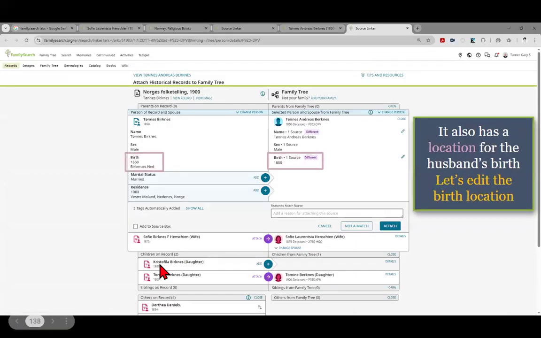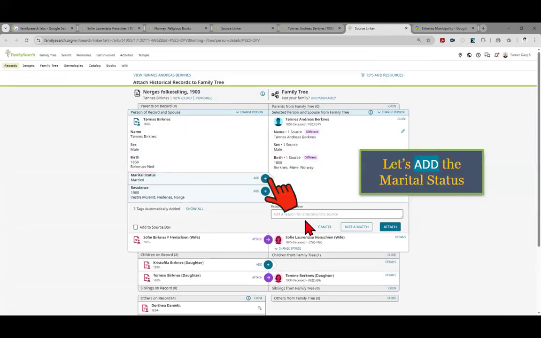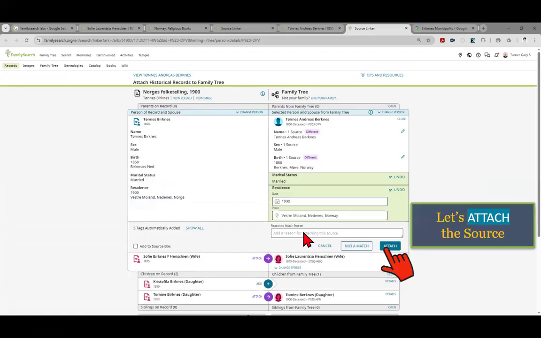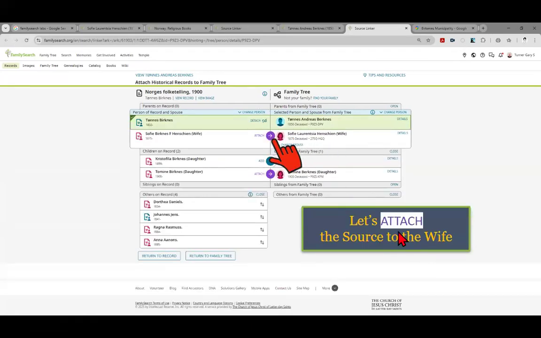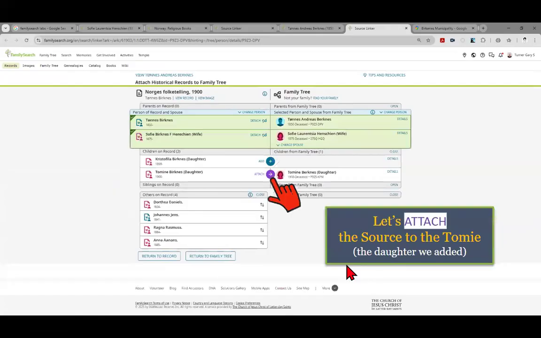So, it also has a location for the new husband that we created, and we didn't have a location from the last record. So we can click on edit, type the residence, and save it. Now we can attach this hint to him, and now we can go ahead and attach this to the spouse and